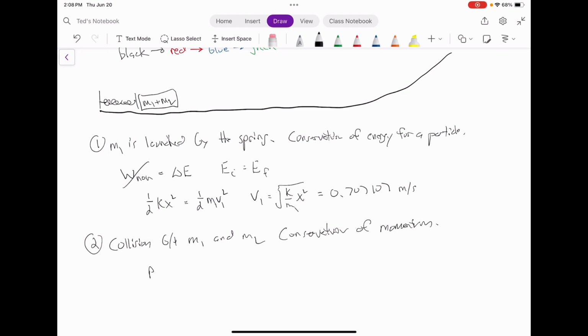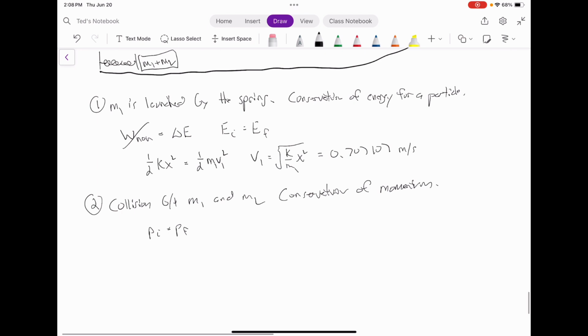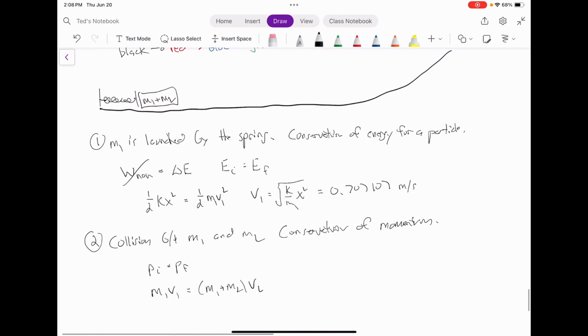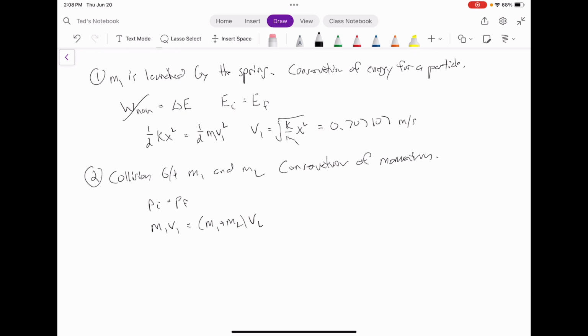Which means that the initial momentum is equal to the final momentum, which means that m1 v1 is going to equal m1 plus m2 times v2. And what I'm looking at here is the difference between the red picture, which is m1 moving, and m2 at rest, and the blue picture, which is m1 plus m2 moving together at velocity v2. In that collision, we should have conservation of momentum, which means that v2 is equal to m1 v1 divided by m1 plus m2, and that is equal to,